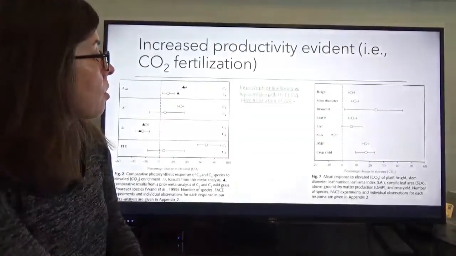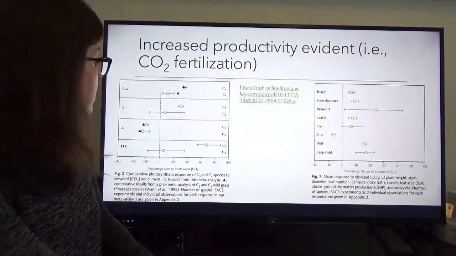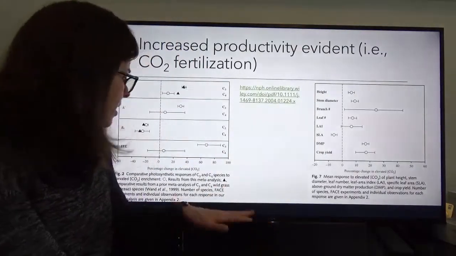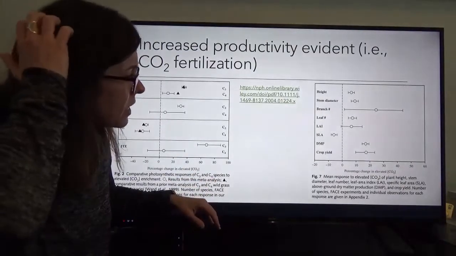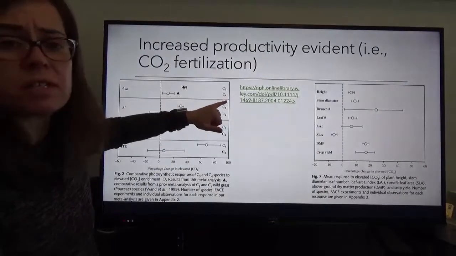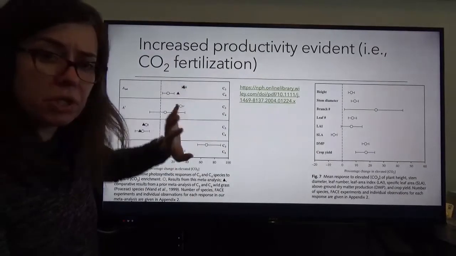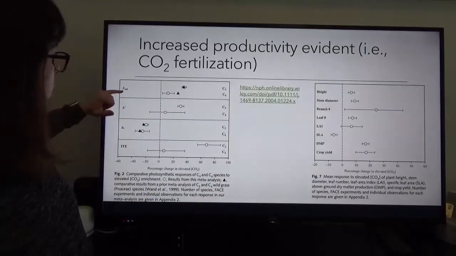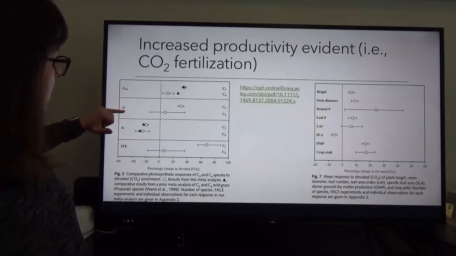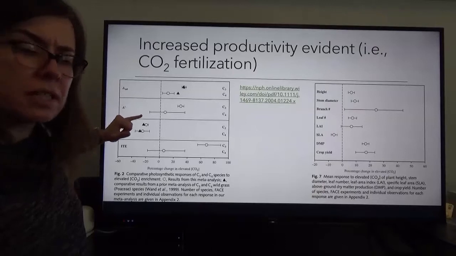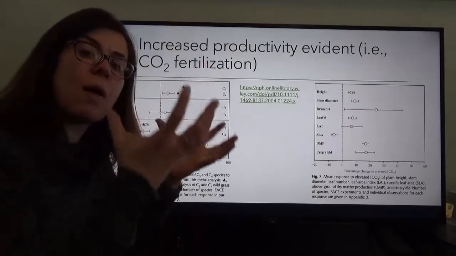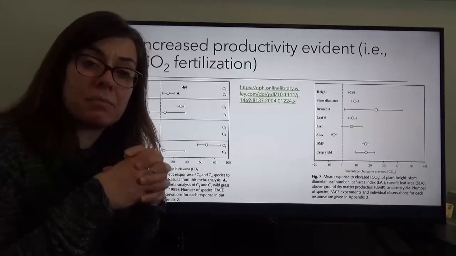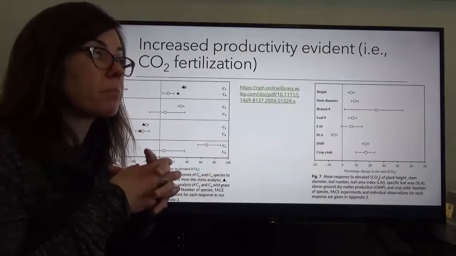And, by and large, what they saw was pretty positive responses. So this is a review across all of the FACE studies that had happened up until, I think this paper was published in 2005, and they looked at a whole range of things. So these are C3 and C4 photosynthetic pathways. So we know about those photosynthetic pathways, we've talked about that. And what this is showing us is a number of measures. So saturated photosynthesis, two different measures of photosynthesis here. So our CO2 uptake, and stomatal conductance, how wide open are the stomates? And we'd expect them to be closed more because the carbon dioxide concentrations are higher,